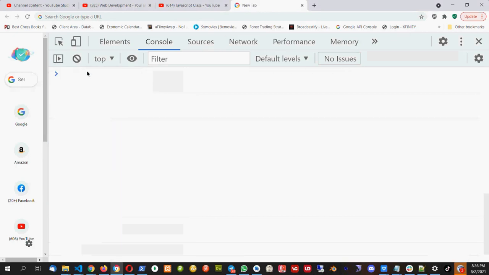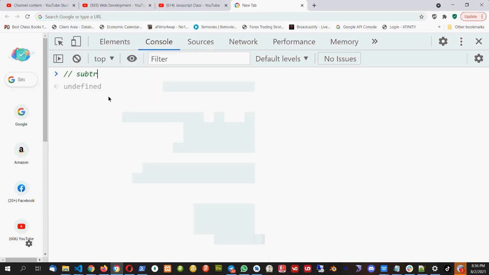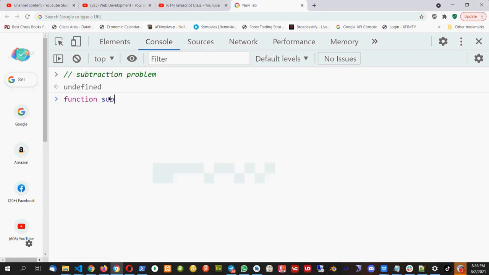Okay, so just now we did the multiply problem. Now the next task is to create a subtraction problem. Similarly, create a subtraction problem, but don't look at the multiply problem. Just create it without looking at the multiply problem and see if you can do it. So now the task is to create a function subtract, and create it in the same way as we did multiply, the same way as we did the sum, and try to do this problem